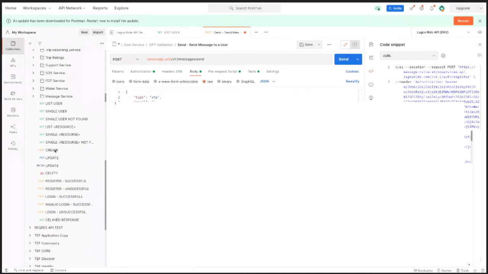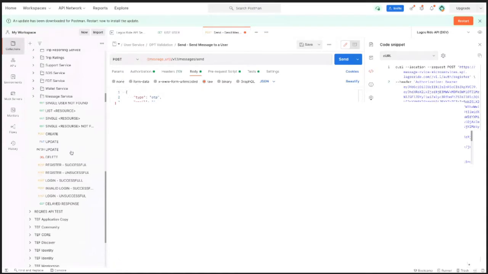So once you notice any of your tests is failing, all you need to do is come to the failed test, look for the test that is failing. You can see delay response. If I scroll down to delay response, body matches string failed, then successful post request failed. So if you click on delay response,